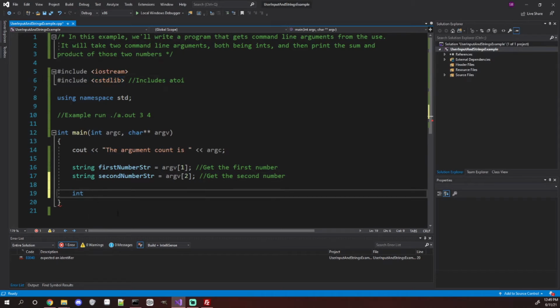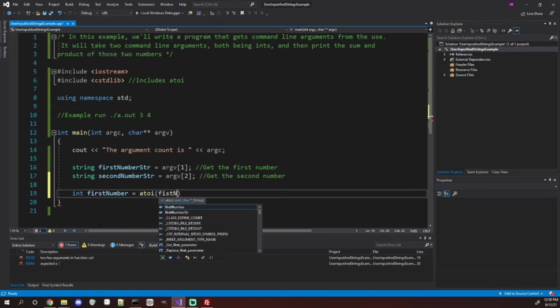Now, for some reason, they used a for string. I'm not entirely sure what it stands for. It might be array. Array to integer is what this means, I believe. So the a is array, and then the word to, and then integer. So it converts a string, which is a type of array, again we'll get to that in a later lecture, to an integer. So here I'll say first number, we'll call it that, is equal to a2i first number string,